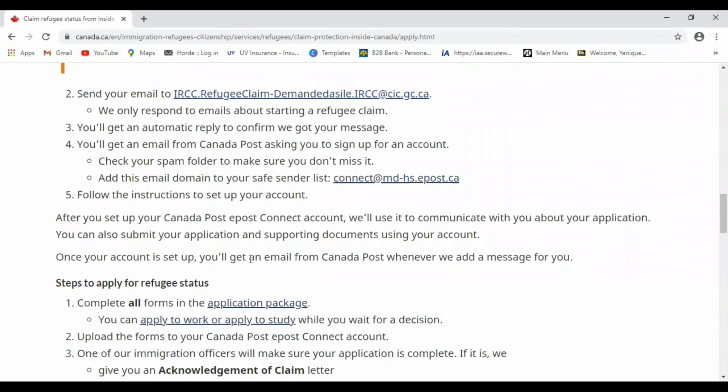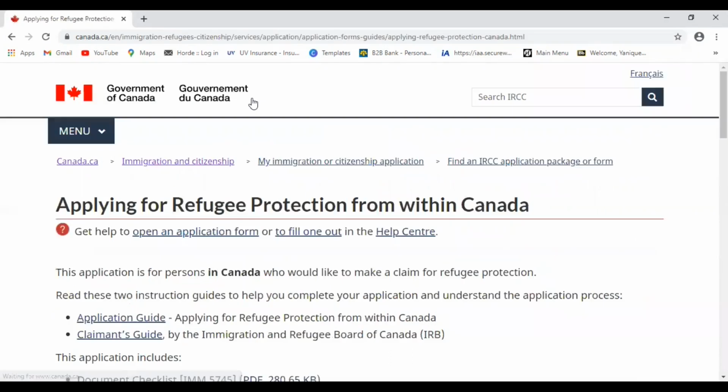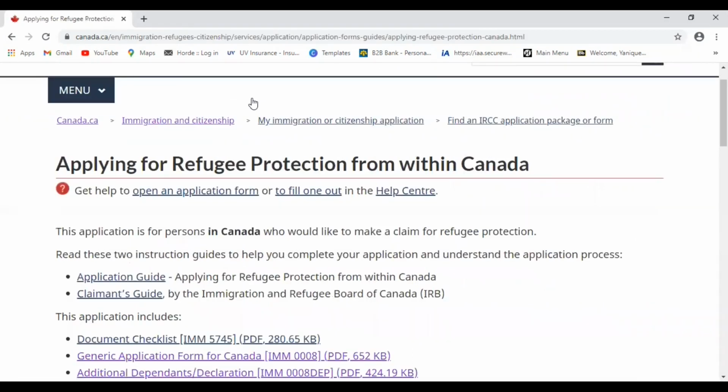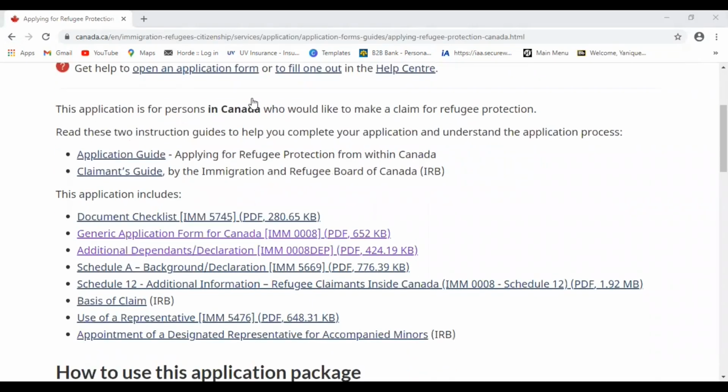And if you scroll down, we are going to select complete all forms in the application package, just so you guys are aware. As you can see, it has brought us to the information that is needed for the application package. And as you can see here, everything is here: the document checklist, the generic application form for Canada, pretty much all of these things that you will need. Okay, so I've shown you guys how to find this information. So now I'm just going to go back,